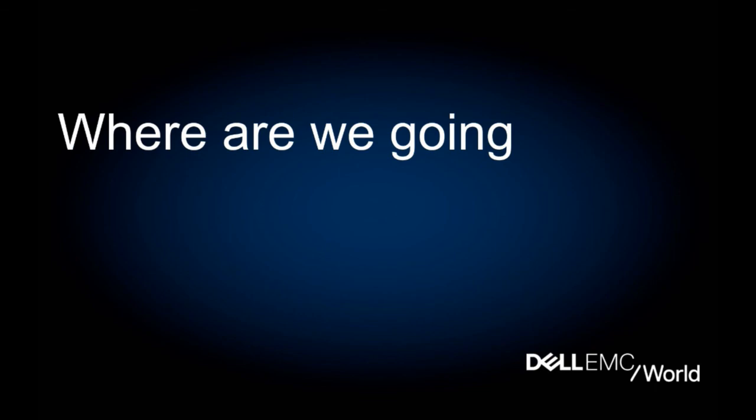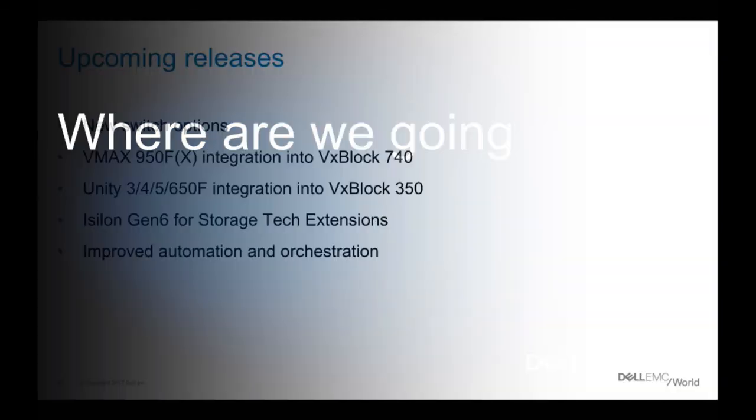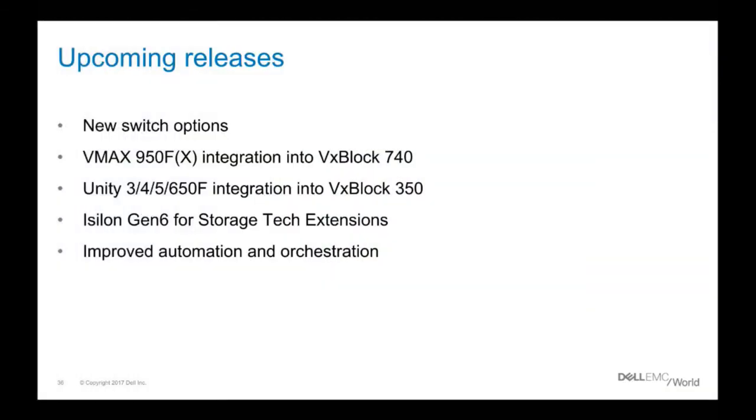Where are we going next? We're always working with Cisco on new switch releases. We have many that we're working on now with them, and you'll be seeing some of those introduced in the next 12 months in our product offers. We work very closely with them to determine which are the most effective switches and bring the best value to our offerings. Also, we'll be introducing the VMAX 950 on the 740 and the Unity 350, 450, 550, and 650,